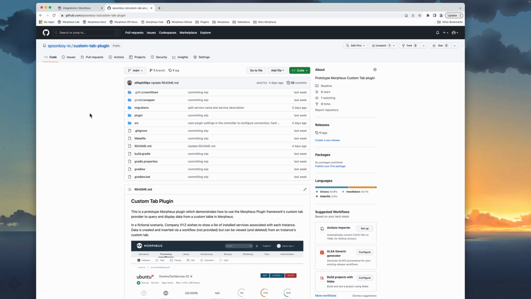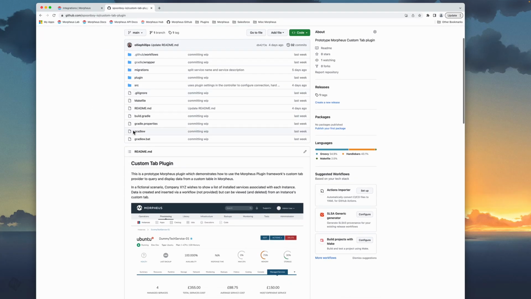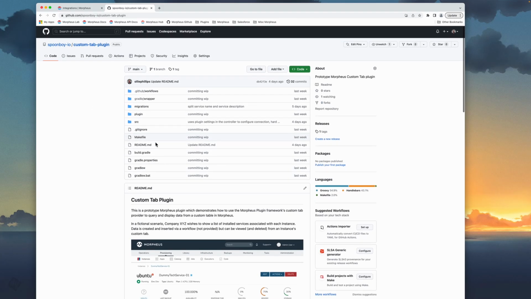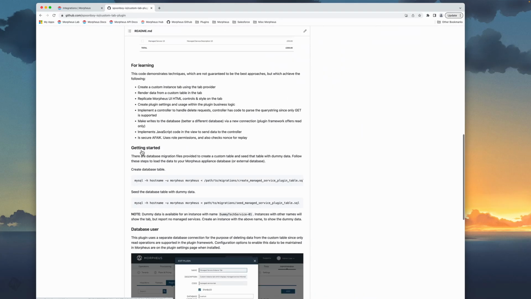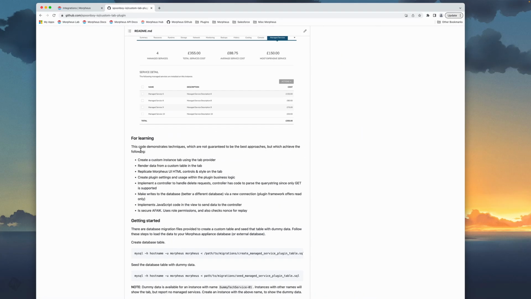And then in the third part of the presentation, we've looked at this repository, albeit at a very high level, to cover the main components, the main files which are included, and talk briefly about the code that is in here. It is commented and it is intended for reuse, so hopefully it is a reasonable starting off point for those of you that wish to build certainly a custom tab